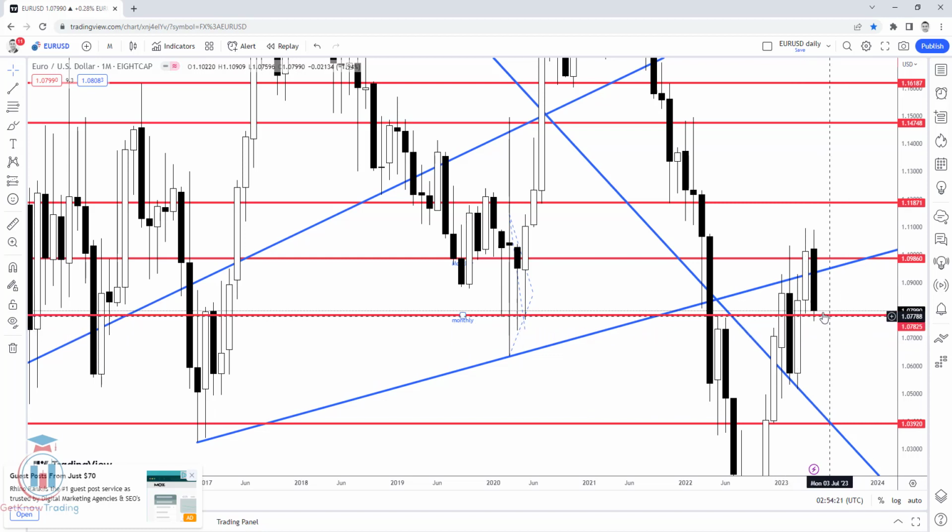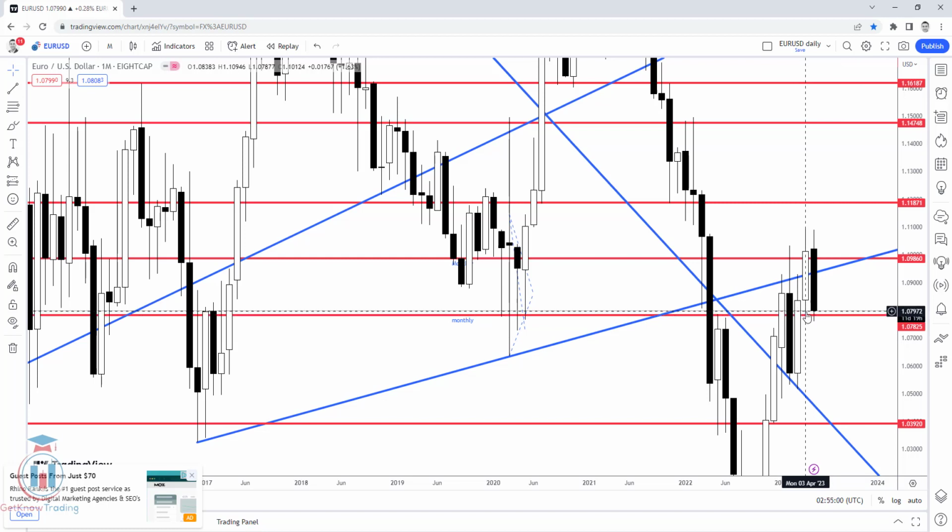If the price stays above, it will be a great signal, because it will mean that the price has found enough strength to hold from falling further down. Because if you take a look, the next one that will hold the price is around this area here. So what we can expect in the next 1.5 weeks for this month, we will see. It is not possible to determine what will happen on a monthly time frame, but for now we are hoping that the price will stay above, which will mean that the sellers have lost their strength and the bulls have found their strength to hold the price above